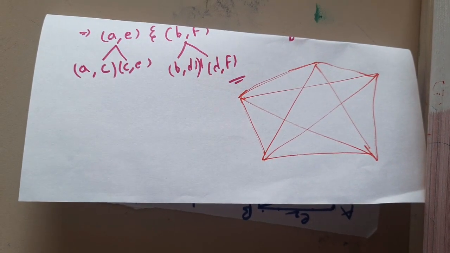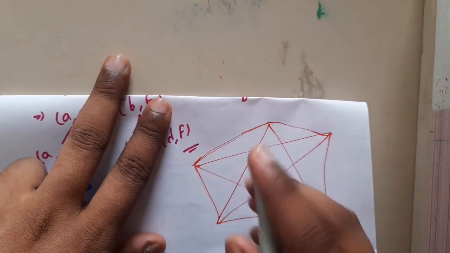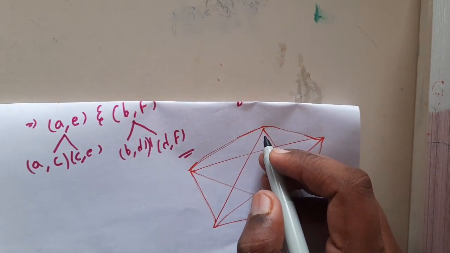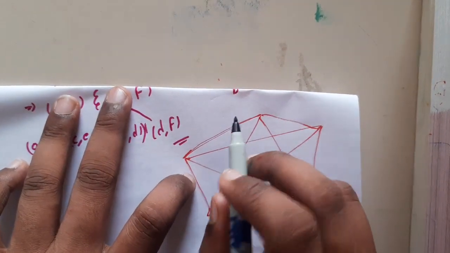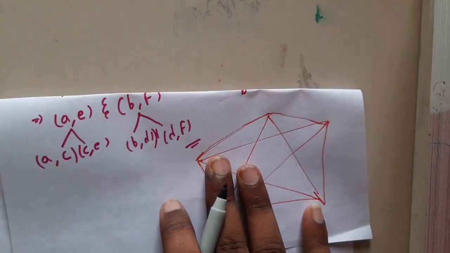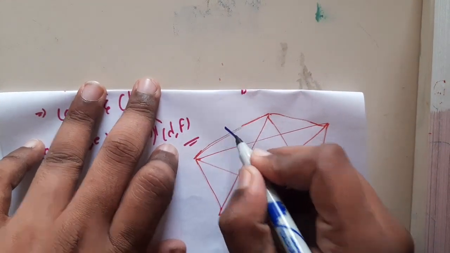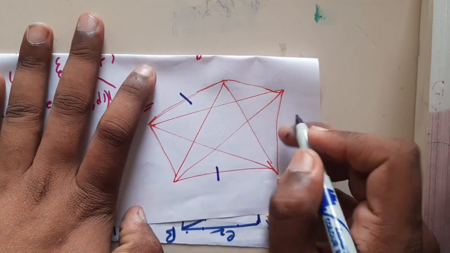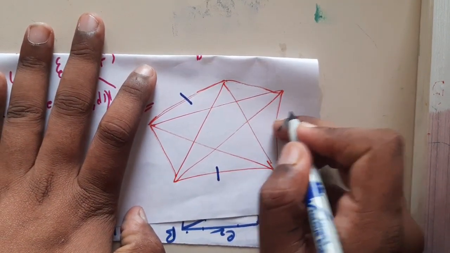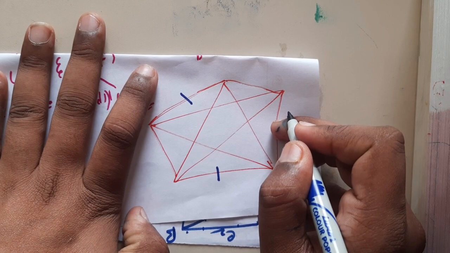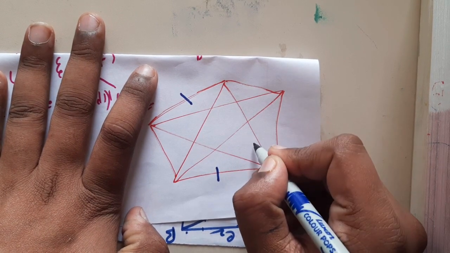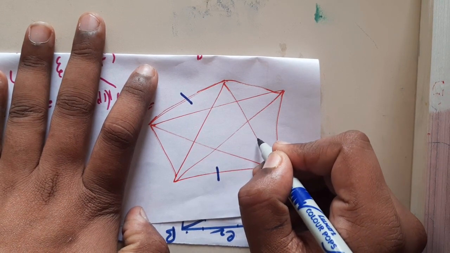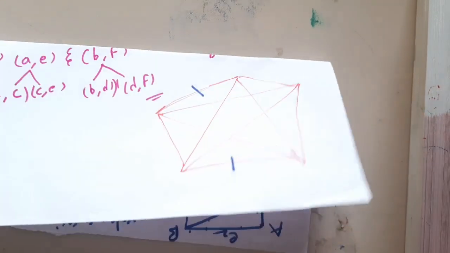The trick that I always use is to color the non-adjacent edges continuously with a single color and move on to the next color, guys. That's how I color. So this and these two are adjacent, so I'll be skipping them. Automatically I'll be moving here. This is also adjacent, so I cannot color it. Similarly I can color this. No, I cannot color that also. So let us move on to the next color.